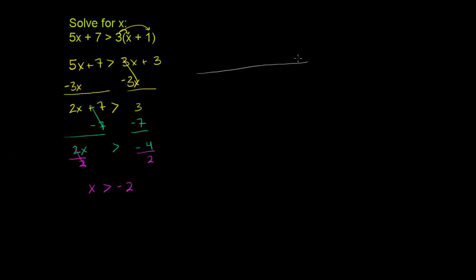Draw the number line. I can draw a straighter number line than that. There we go. Still not that great, but it'll serve our purposes. So let's say that's negative 3, negative 2, negative 1, 0, 1, 2, 3. X is greater than negative 2. It does not include negative 2. It is not greater than or equal to negative 2. So we have to exclude negative 2, and we exclude negative 2 by drawing an open circle at negative 2. But then all of the values greater than that are valid x's that would satisfy this inequality. So anything above it